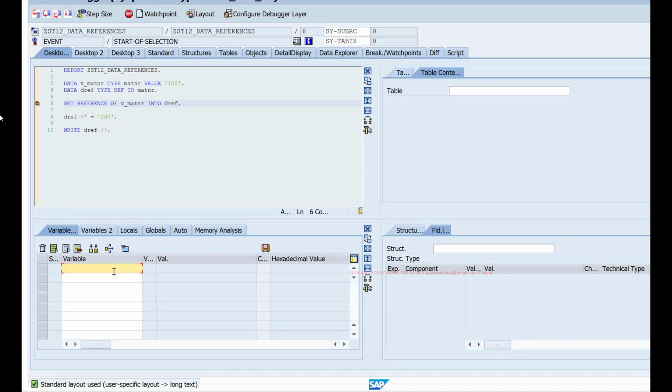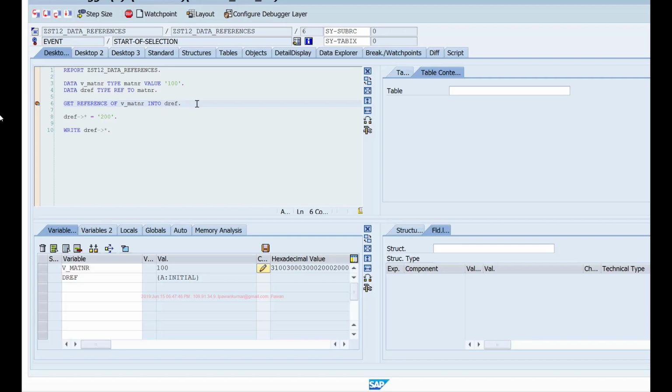Here if you see, vmatnar has the value 100, and dref is initial. It does not have any memory address at this point. When I execute this get reference statement, the reference of vmatnar will be stored in this dref variable. So it will copy the memory address of this data object into my reference variable.